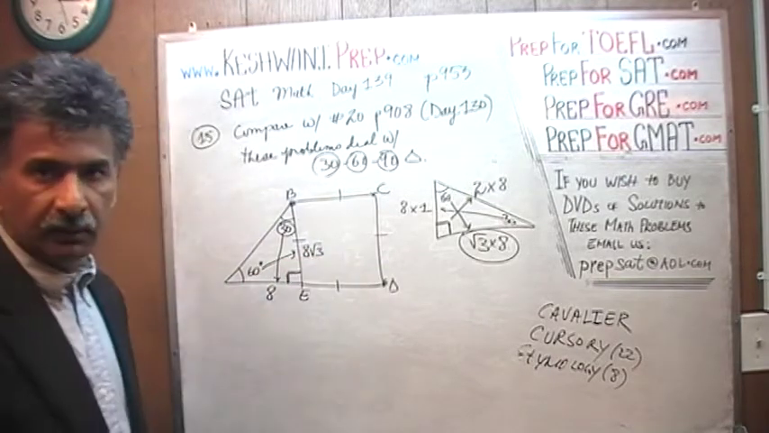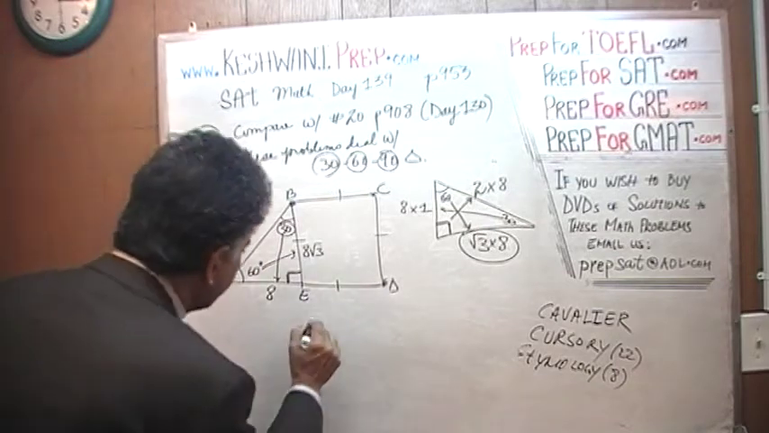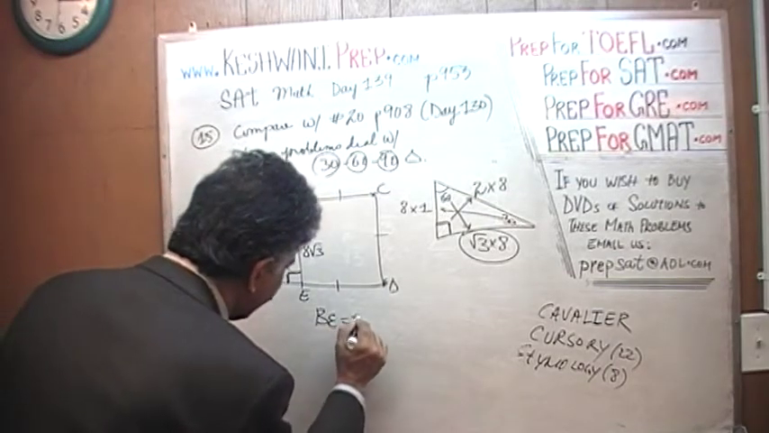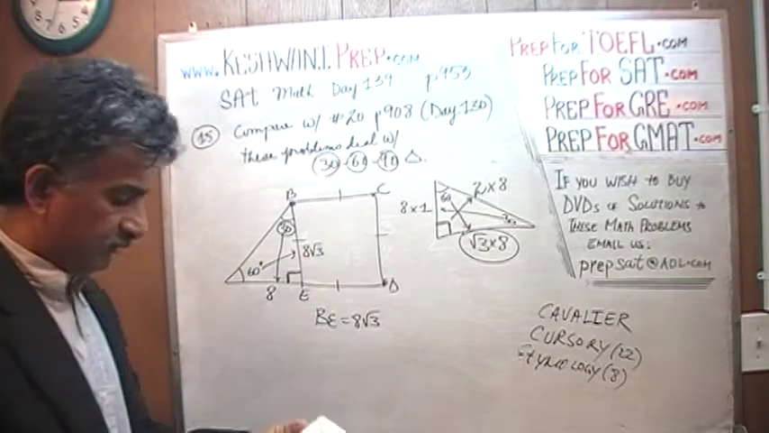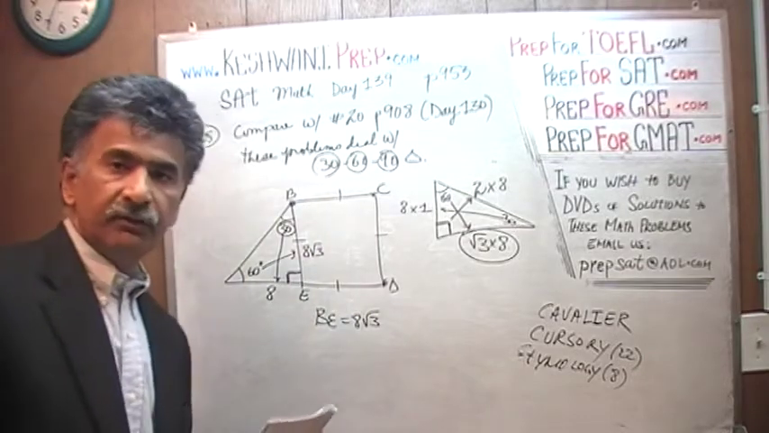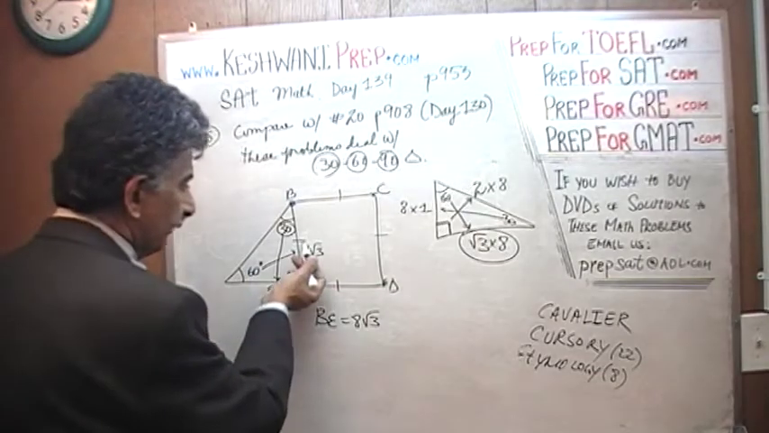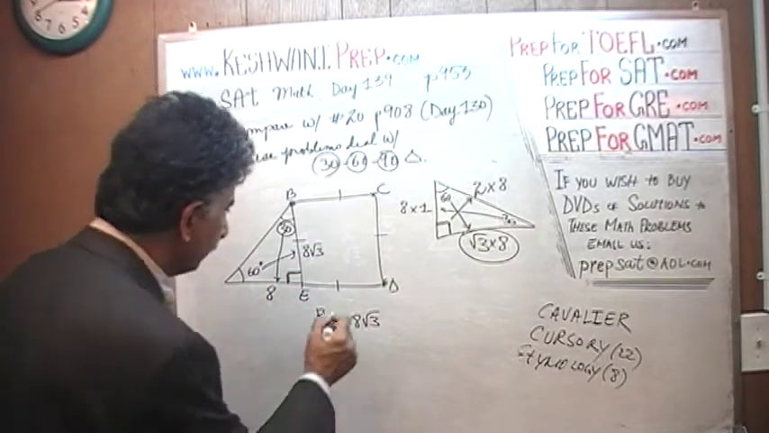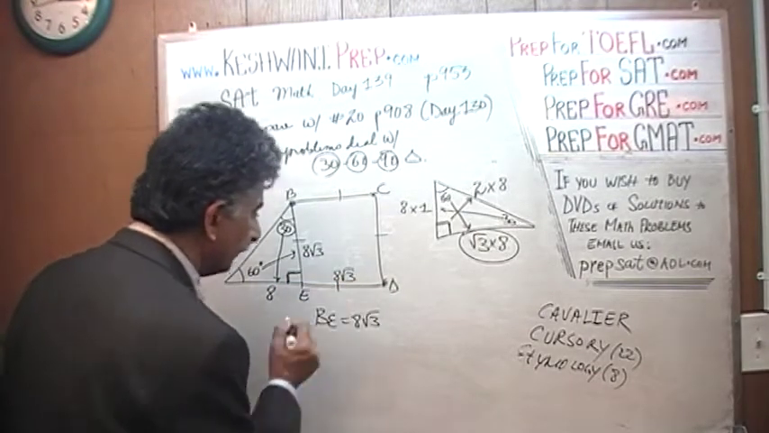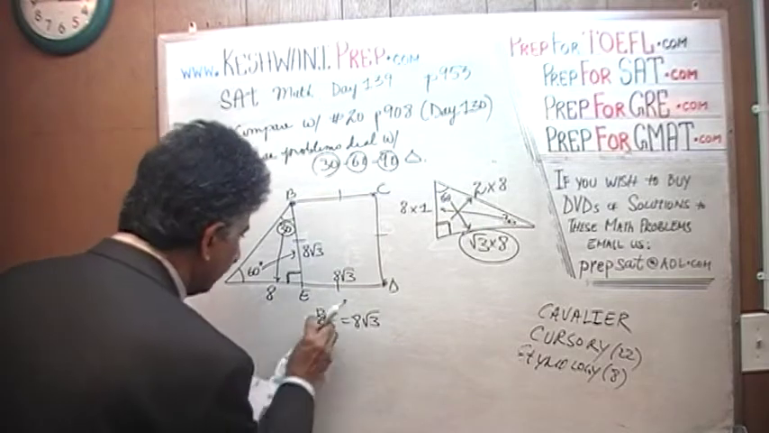And it's a square, where B to E we just found out is 8 times root 3. And the question simply is, what's the area of this square? Or how do you find the area of a square? The area of the square is this side times this side, which is also 8 times root 3 because it's a square. So area of the square,